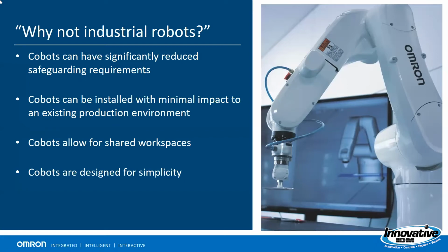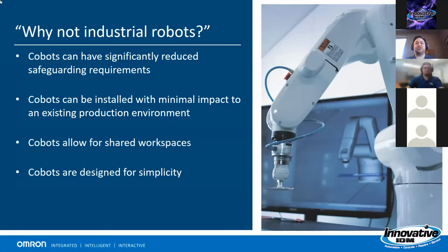You may be better off with an industrial robot depending on your application. Like I said, if you need that higher speed, higher payload of a traditional industrial robot, then maybe that's what you need to consider. But this is all at the cost of not being able to share your workspace at all with an industrial robot. Your application workspace environment will be a strong determining factor in terms of which robot is right for your application